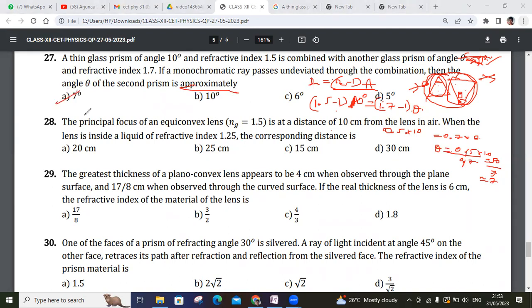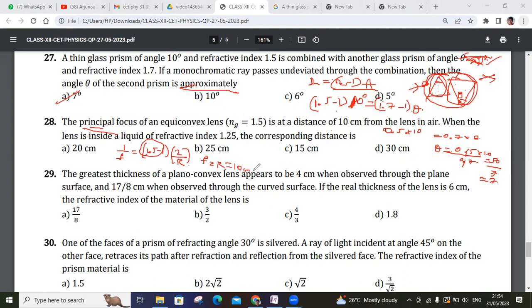Okay. Then question 28: the principal focus of an equiconvex lens is at a distance of 10 centimeter from the lens in air. When the lens is inside, the distance is... So basically they are asking the focal length, correct? So 1 by f is equal to (n2 by n1 minus 1) into (1 by r1 minus 1 by r2). Lens maker's formula. Initially it is (1.5 minus 1) into, for equiconvex, 2 by r, correct? So here this will be 1 by 2.5. So f is equal to r, which is